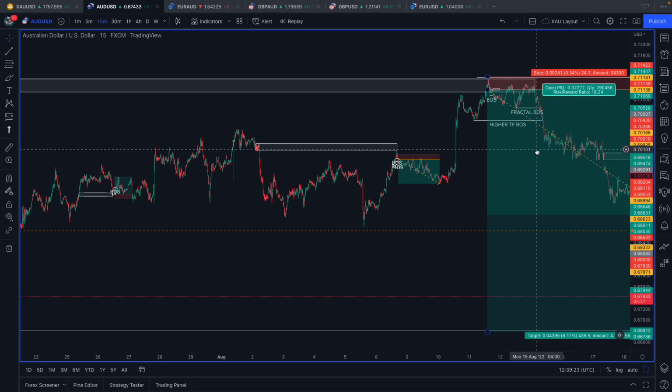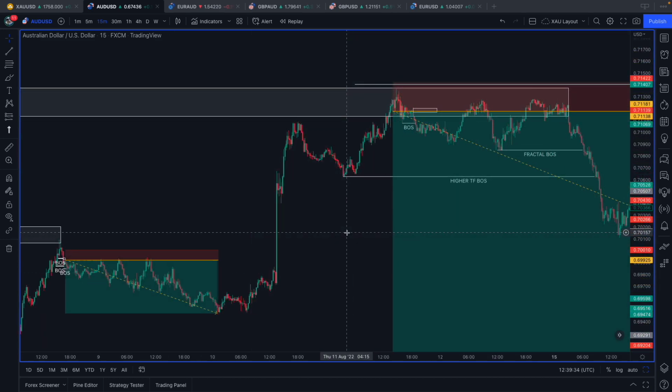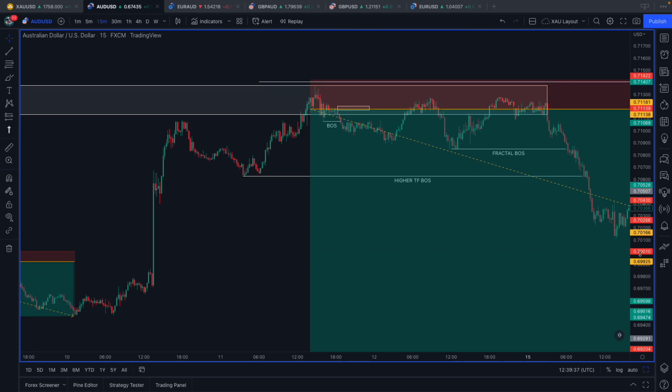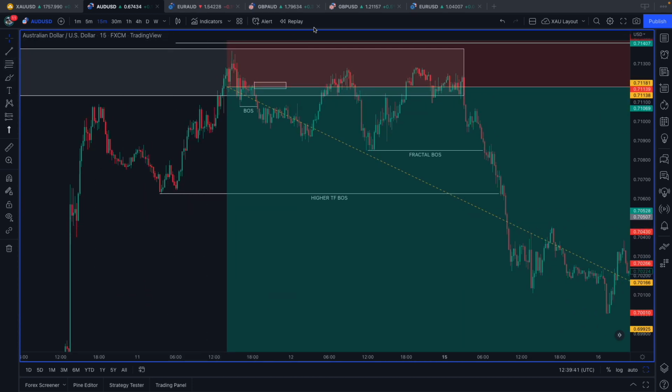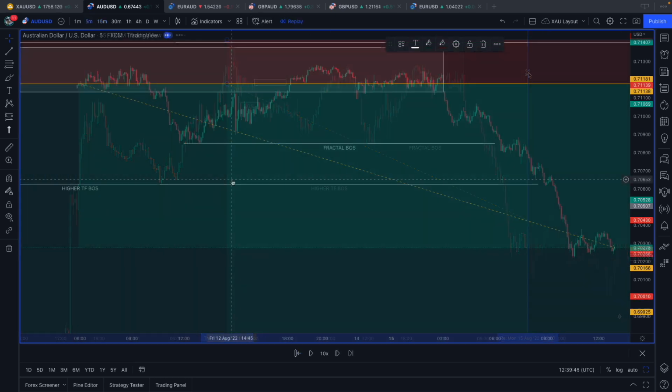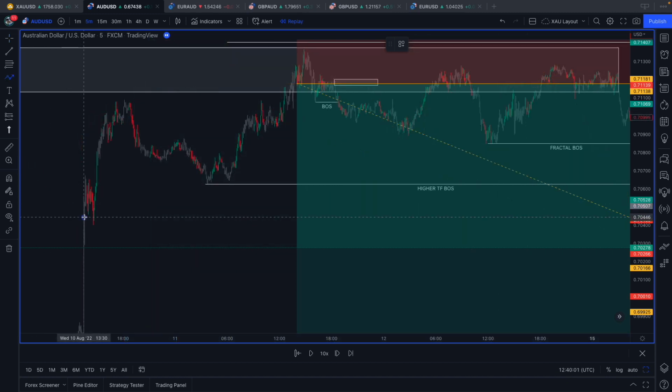Now, if you really wanted to refine your entry, this is where things get tricky and you need to be careful not to slip into fractal structure too much. We could look to go down on timeframes yet again. So let me just get the replay button. If we now look at this on the 5-minute time frame,